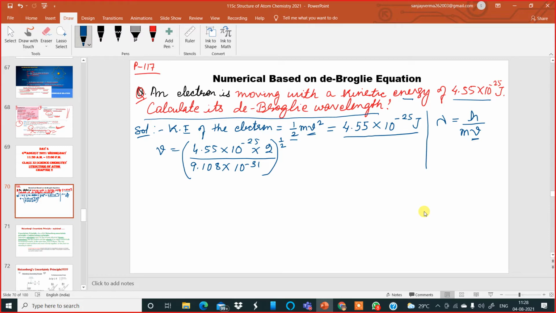Upon simplification, the value of v comes approximately 1000 meter per second, exactly 999.6 meter per second. That is the velocity I have obtained. Now we go ahead to get the de Broglie wavelength. Therefore, the de Broglie wavelength